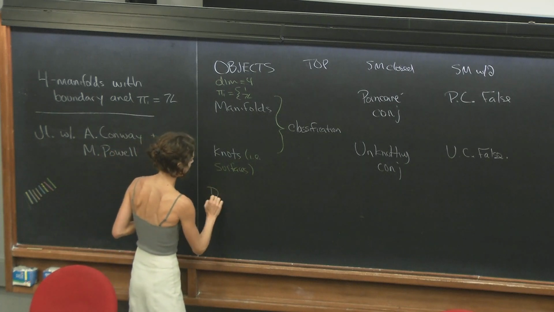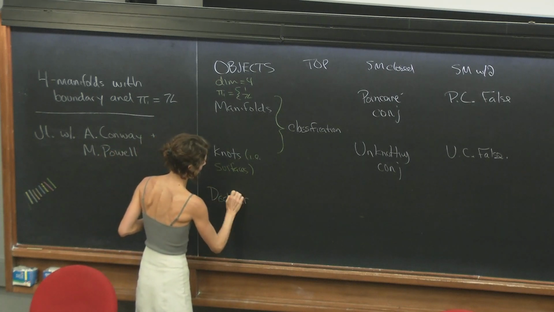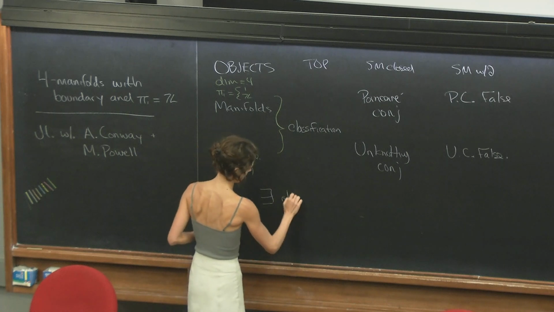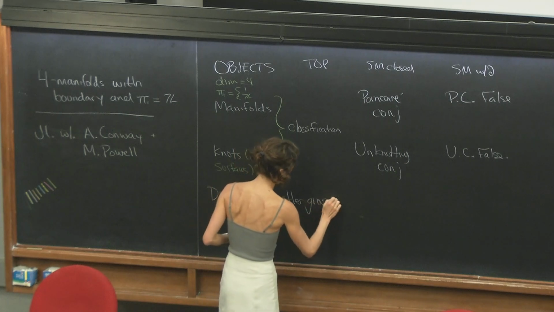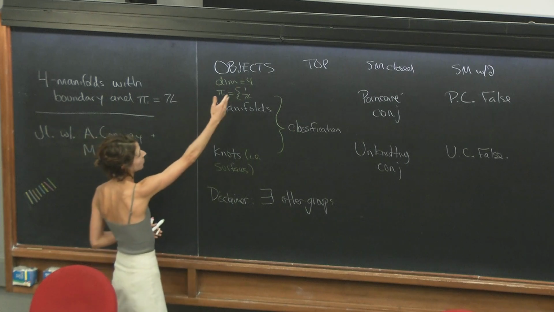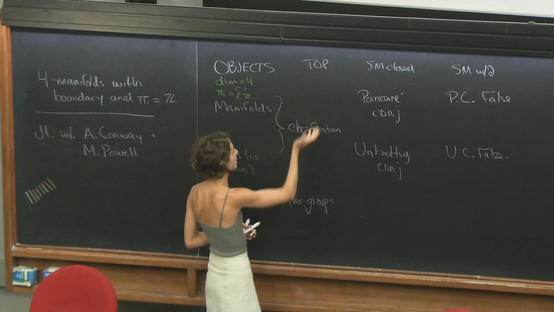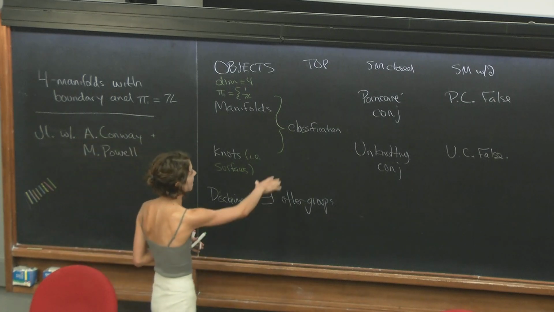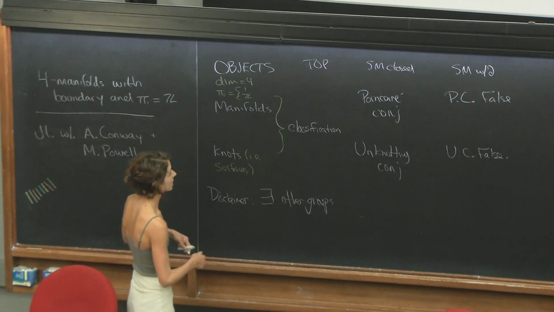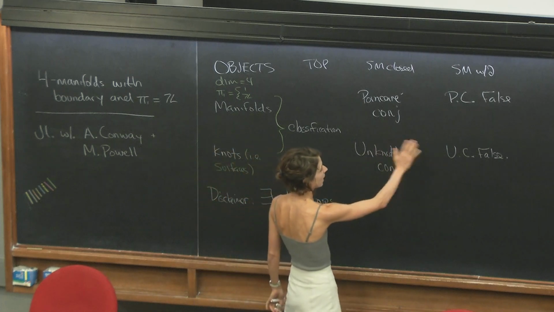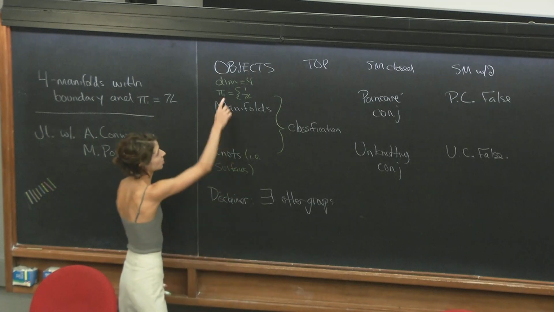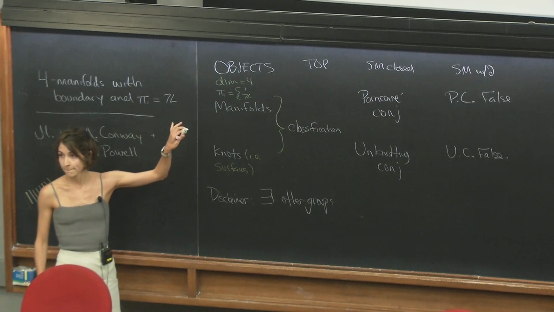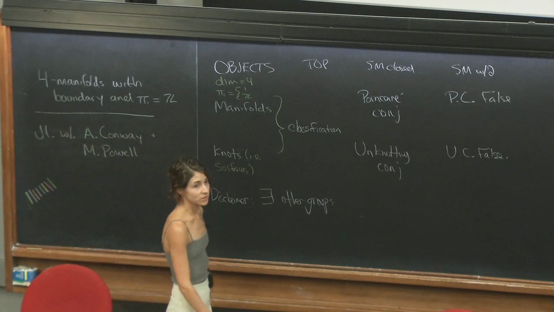Before I get started, let me make one very important disclaimer, which is something you might already know, and it's that other groups exist. We know a little bit about manifolds with other groups or surfaces with other groups. In the topological category, for example, for finite cyclic groups and solvable Baumslag-Solitar groups, there's some classification work due to people like Hambleton, Kreck, and Teichner. For surfaces or manifolds, we have some exotica results for other groups as well, but these are the two that we have the most systematic understanding of. So I'm just going to restrict attention to these groups. Great. Any questions before I get going?